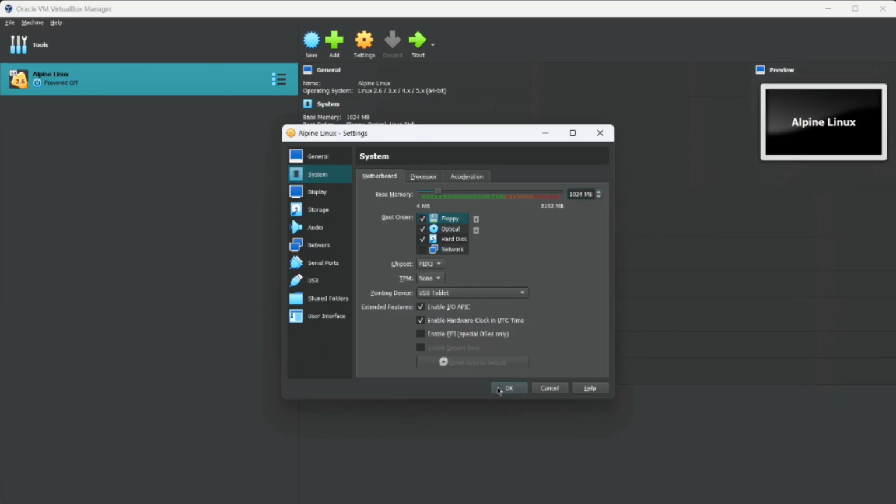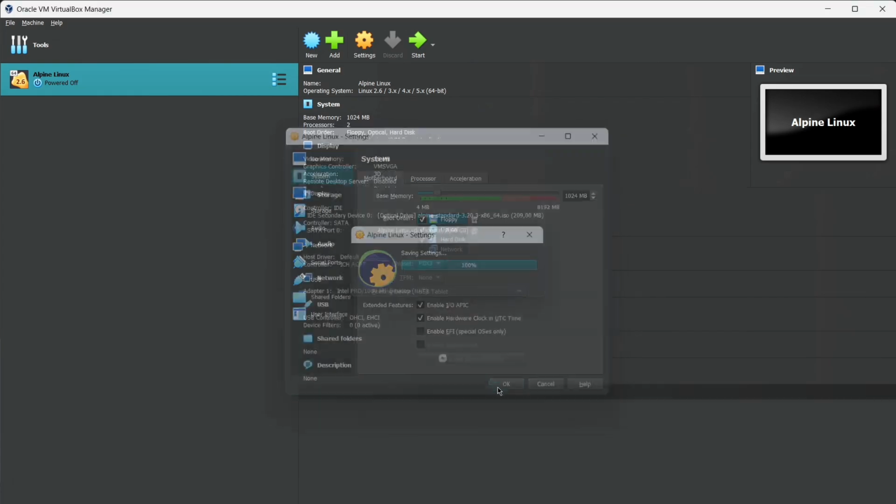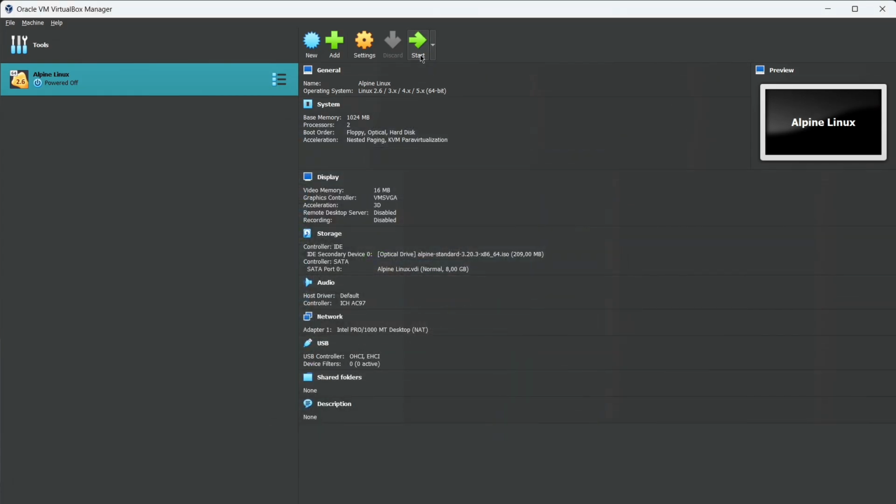If you have a good laptop, you can adjust the RAM to 4 GB or 2 GB, but if you have a lower or decent laptop, you can adjust it to 1 GB or 512 MB. After we configure that, let's start the virtual machine.